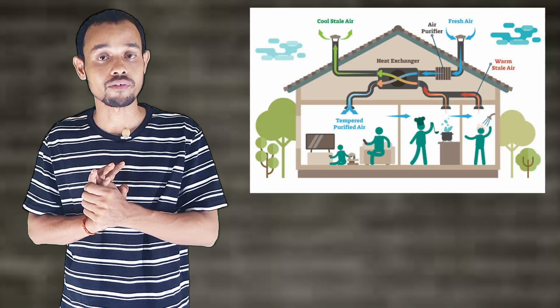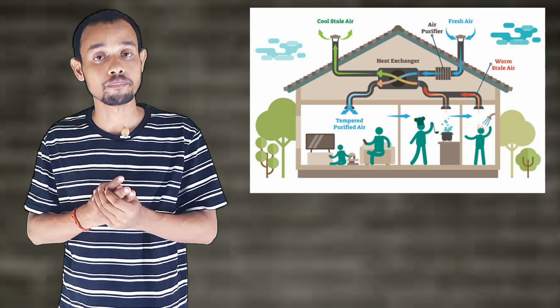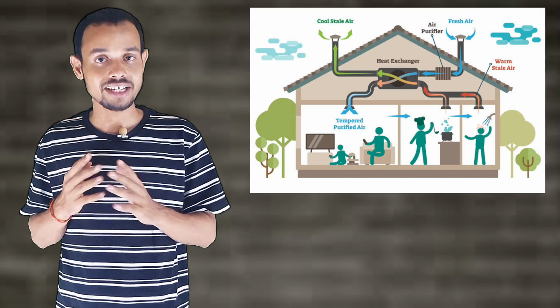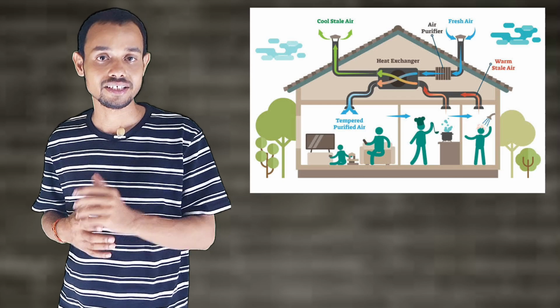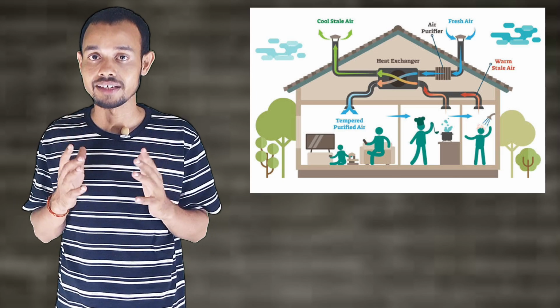Friends, ventilation means fresh air coming in and dirty combined air going out. This is the most important part of the HVAC system, heating, ventilation and air conditioning system, which maintains the indoor air quality. Its main functions are keeping the air fresh, removing carbon dioxide, humidity and bad odors, and removing indoor pollutions and harmful gases,